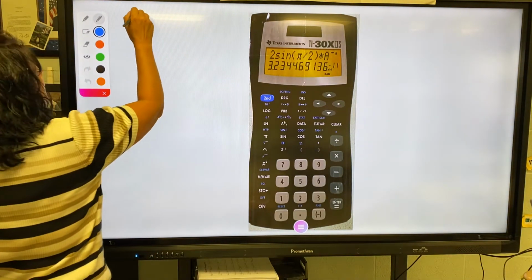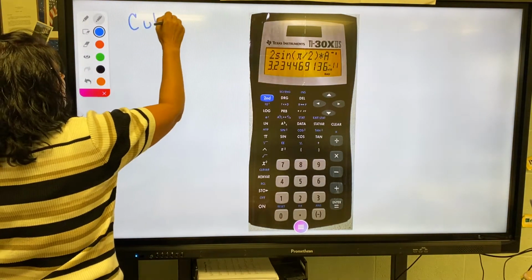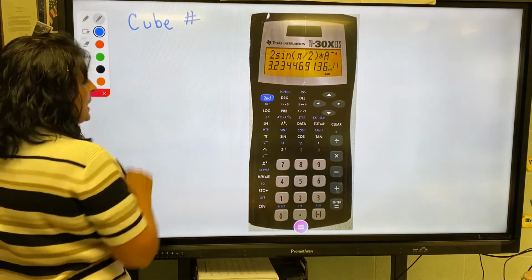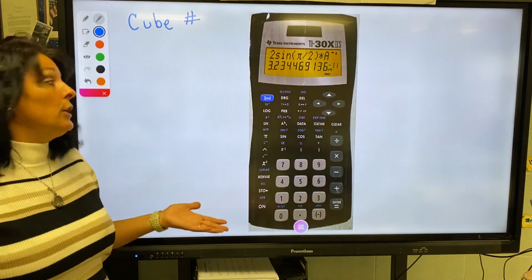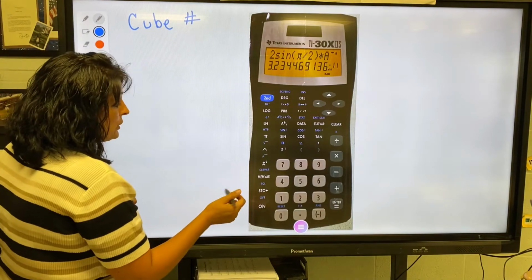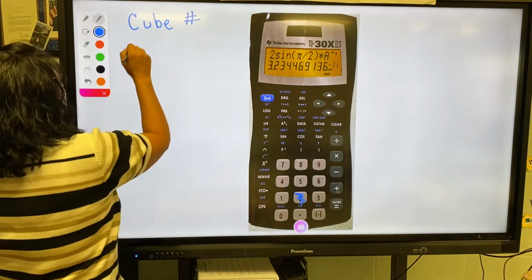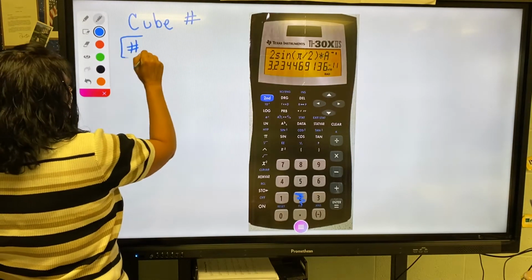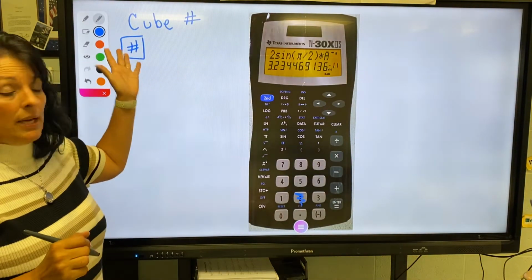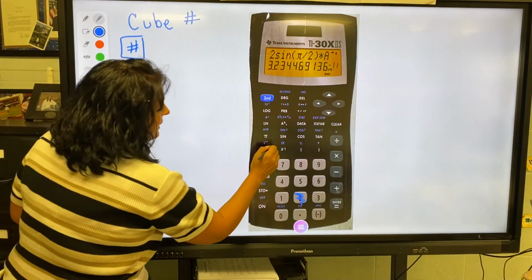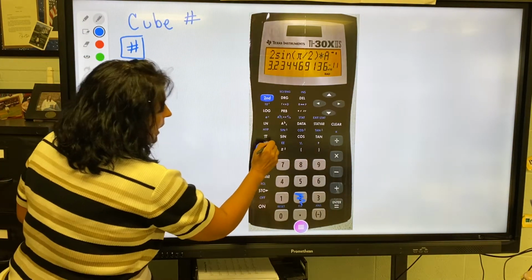So, cube a number. All right, I'm going to take the number 2 and cube it. So I am going to, on my calculator, hit the number 2, and you can do this with any number, so I'm just putting the pound sign for number. I'm going to hit this caret button, this up arrow button,